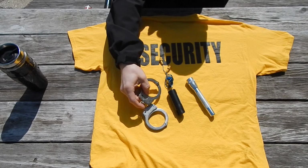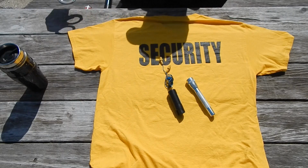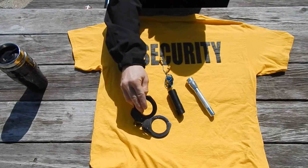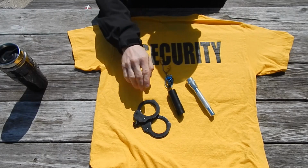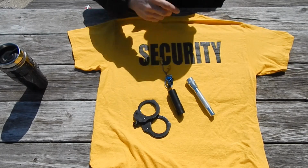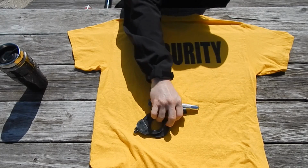And I found after the first time the local constabulary took off of my handcuffs and I couldn't get them back, and nobody knew where they went, that maybe buying a nice cheap pair of handcuffs that were a little lighter duty and a lot cheaper and were a more matte finish would be the way to go, because then people don't see the handcuffs when they're hanging off of my belt. Speaking of the belt,